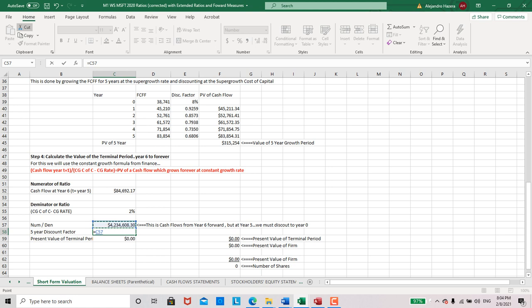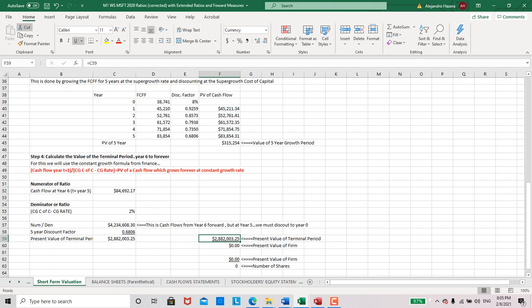We've got to take that and discount it back to the current. So we've got to multiply that times the 5-year discount factor, which just so happens to be right here. So if we do that, we come to this. Now this will give us the present value of the terminal period. So first of all, we had to compute the present value of the cash flows in perpetuity from year 5 going to forever. And then we had to take that value and discount it to the present, which tells us that it's about